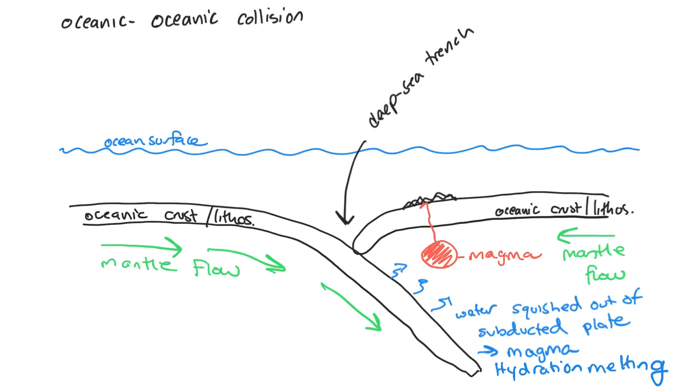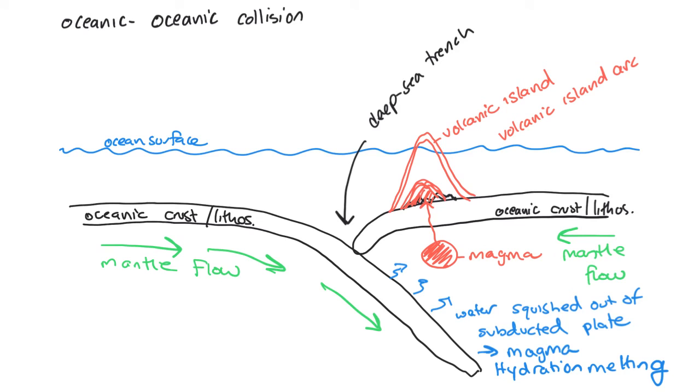That magma is going to rise up towards the surface, and at first it's going to make a little underwater volcano. So it starts out as an underwater volcano, but as it erupts, more and more material, so it's just going to keep erupting over and over again, and eventually it's going to erupt so much material that it grows up to be above the ocean surface, and at that point it becomes a volcanic island. And again, we're going to have a whole row of these, so just one of them is going to be a volcanic island. The whole row of them is going to be the volcanic island